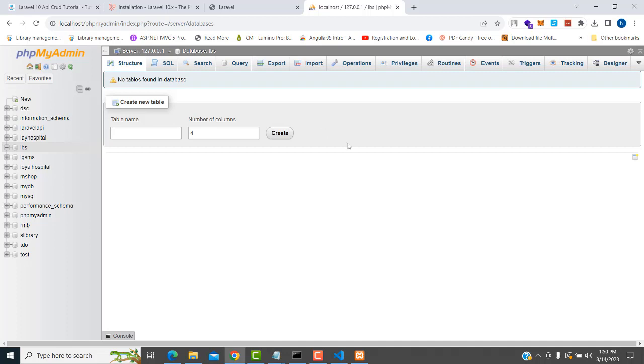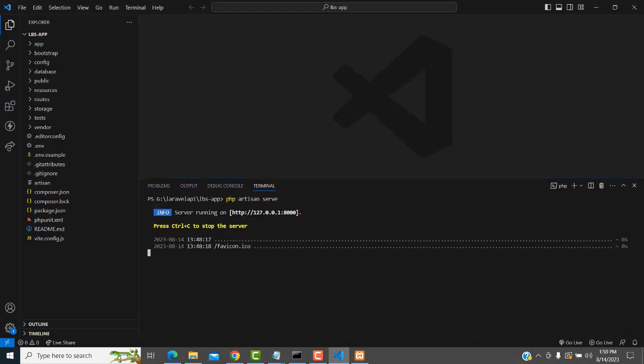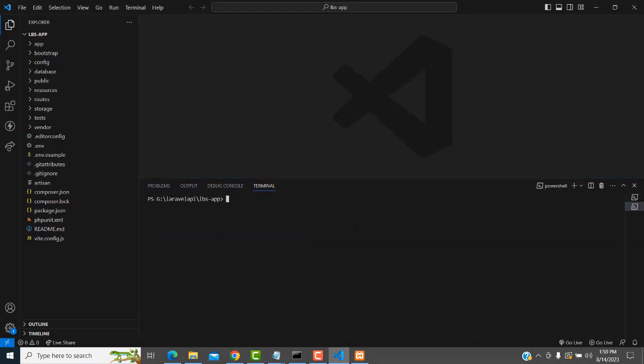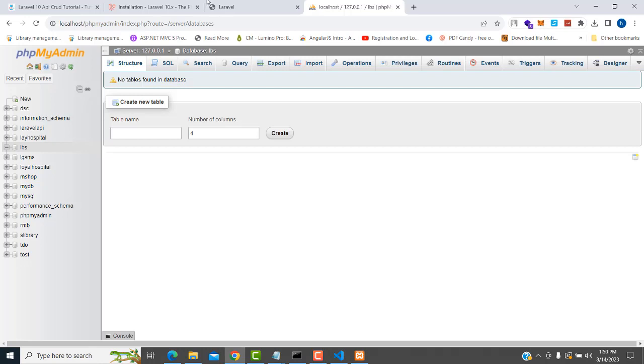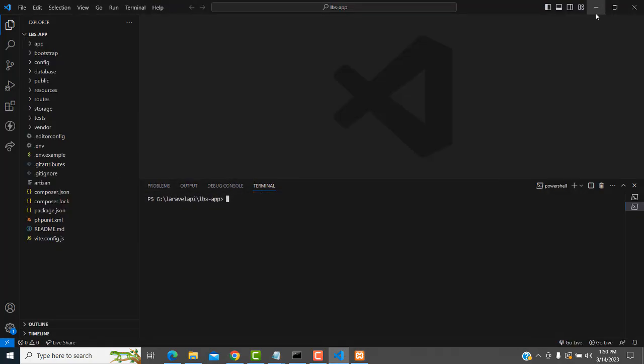Now I'm going to go to my project window again and open up a new terminal. Here I'm going to do the migration part. After the database has been created, I'm going to migrate the tables. But before migrating the tables,